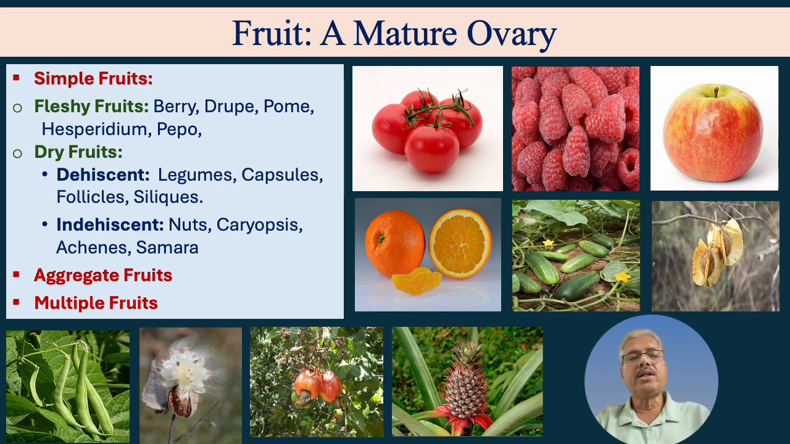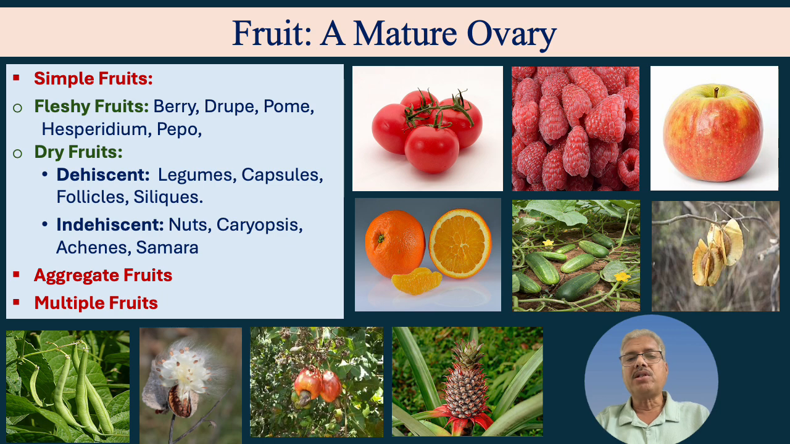These are further categorized into fleshy and dry types. The fleshy fruits possess a succulent pericarp, that is, the fruit wall. The examples include berries like grapes and tomatoes, drupes such as mango, which is characterized by a hard endocarp, hesperidium fruits like oranges and lemons with a leathery rind, and pepos such as watermelons and cucumbers with a hard